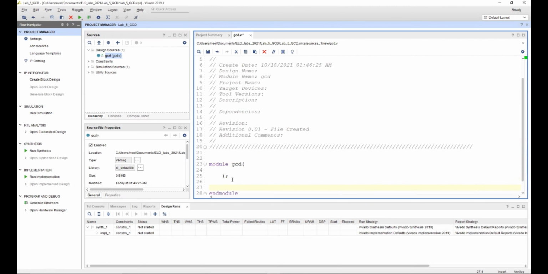Whereas in the control path, we determine when we should iterate or when we should terminate a certain loop, to determine that we have reached our desired output. So we need to have both the GCD data path as well as the GCD control path to make this code.